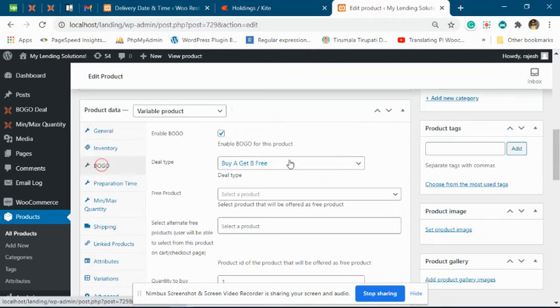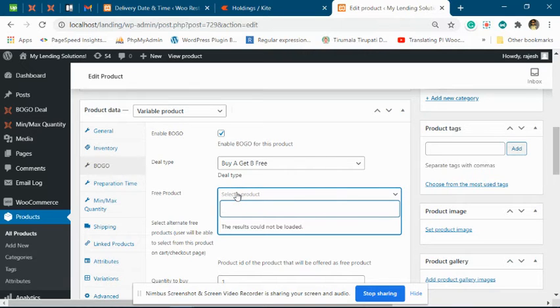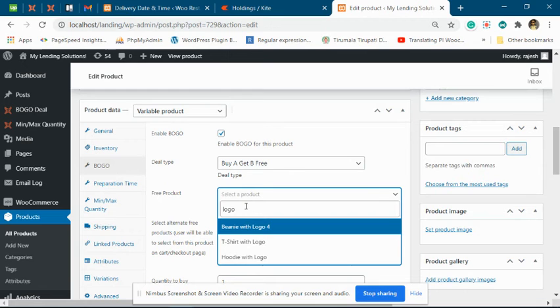So if you are making a normal product, then you have to specify from here. If you are making a variable product, you can specify from the main page, or you can specify inside each of the variations. Let's make it simple and specify it over here as well.